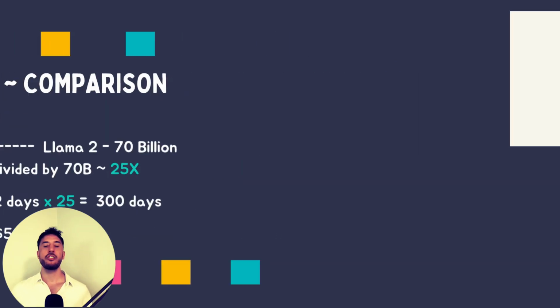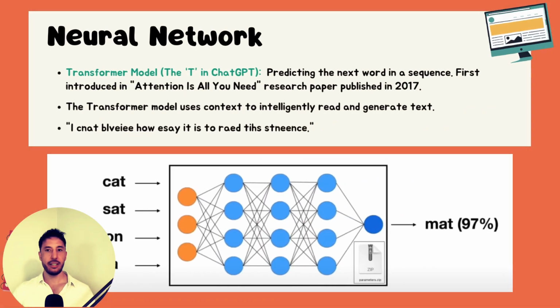All right, so now that we understand how large language models are trained, let's take a look at how a large language model, or the neural network, which is the engine behind them, actually works and what it does with this available compressed data. Large language models like ChatGPT are based on the foundation principle introduced in the research